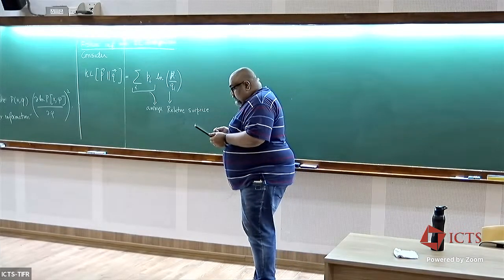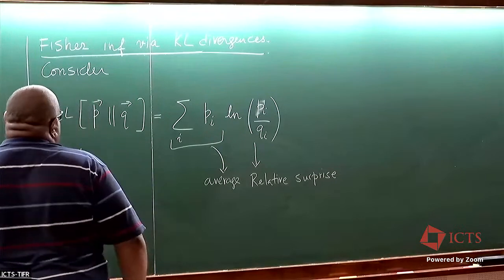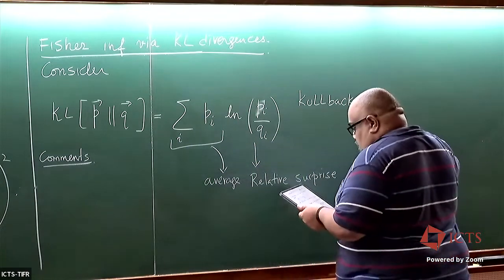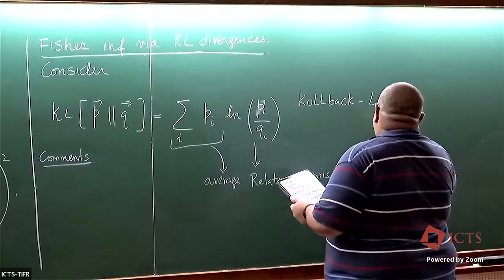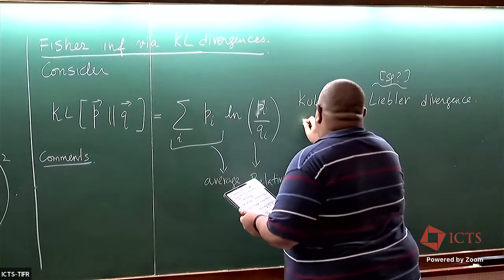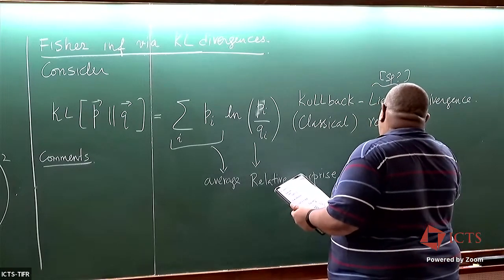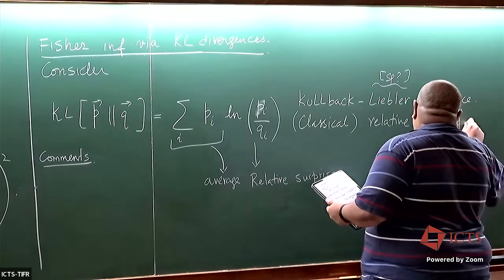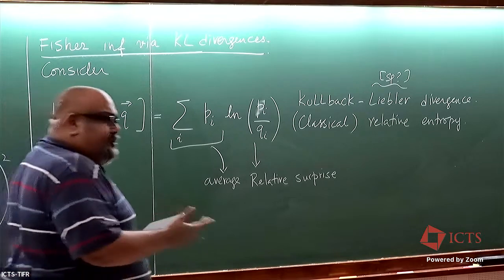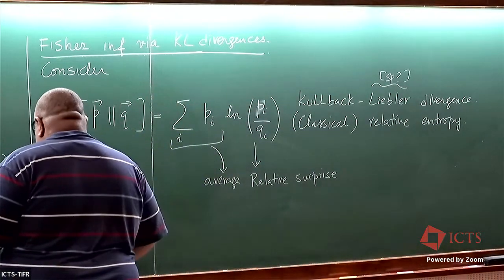And so let me make several comments about KL divergences. Right, so this has several names. Sorry, let me just write down. And I apologize, I should have looked up the spelling here, I'm not sure about it. It's also called the relative entropy. We would call it classical because we have something else, which is quantum. And so what I want to do is just assert some comments about this relative entropy with little proof on some of these. So point number one is basically,